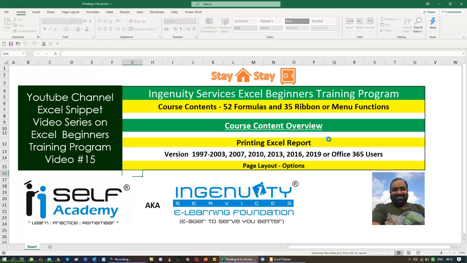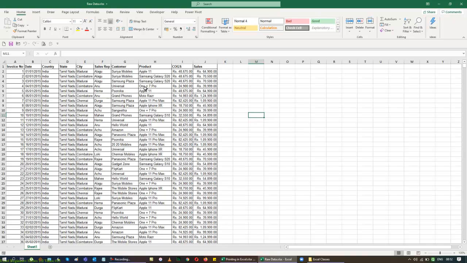So when I want to print data in Excel, you can see that many people want to put a lot of data in a single sheet. When you take a printout, normally when you go into Excel, your sheet will be in landscape mode rather than portrait mode. In a very rare scenario you will get a portrait mode print like this. So let's see what are the basic things that we need to remember when we want to work with the printout.